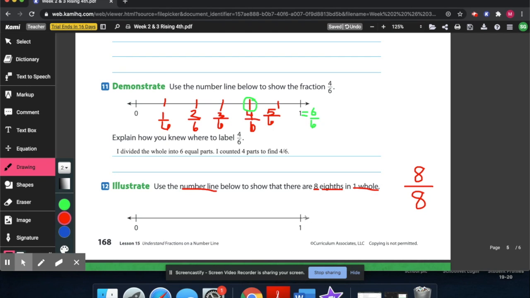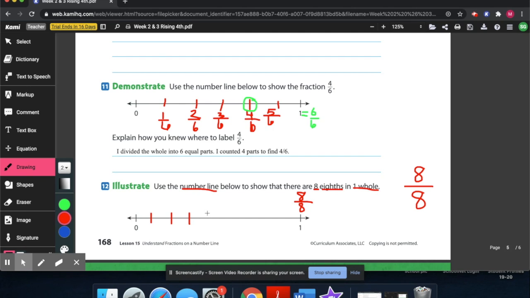So I'm going to go ahead and on my number line, label this one as 8/8. I know I need 8 equal parts in total on this number line. I can also go backwards or forwards to fill in the rest of my number line. So for this one, I'm going to start at the beginning since I did the other one backwards. So I know this is going to be 1/8, 2/8,